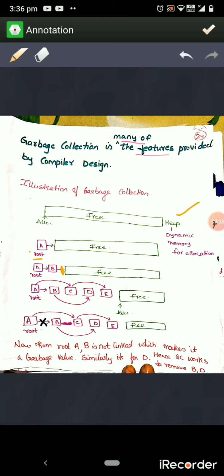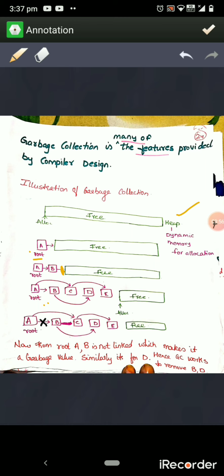The variable A has a pointer to object B, and it also has a pointer to object C. Similarly, B has a pointer to object D, and C has a pointer to object E. In this way they are linked to each other.